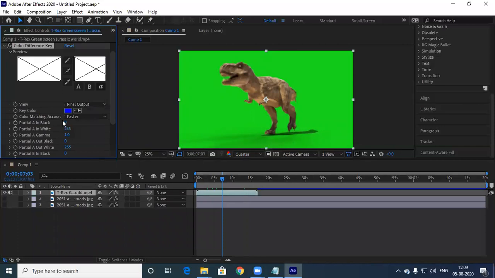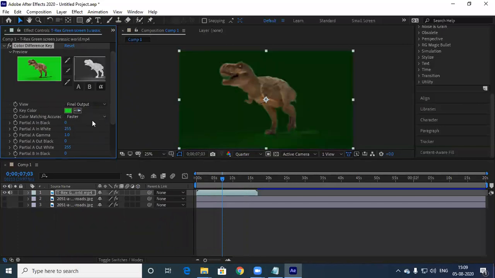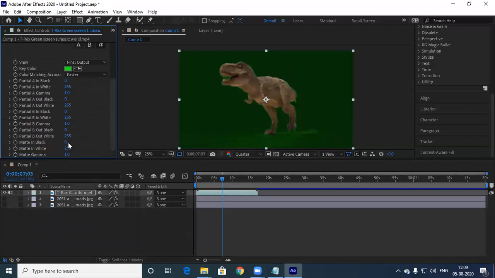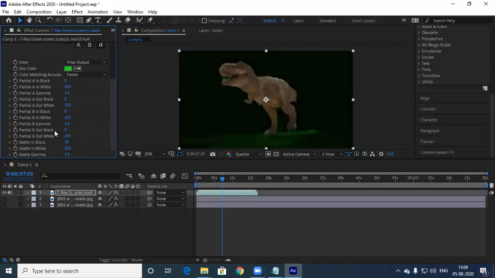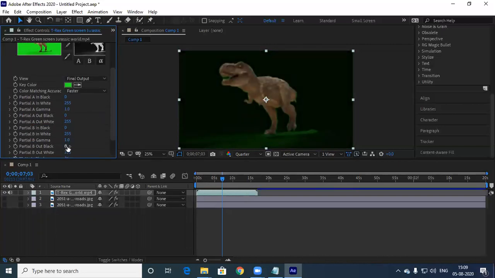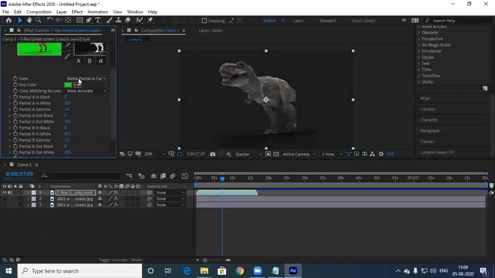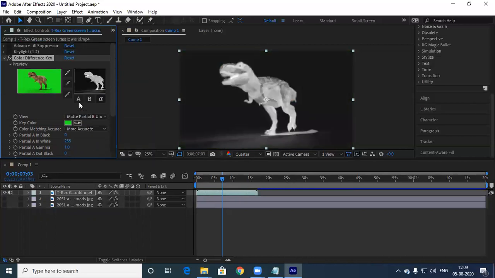So color difference, again, in everything we have this color key. Even if we remove this, certain green areas are there. So you have multiple things.